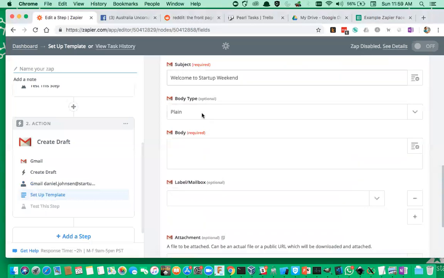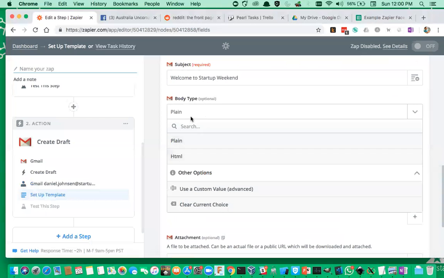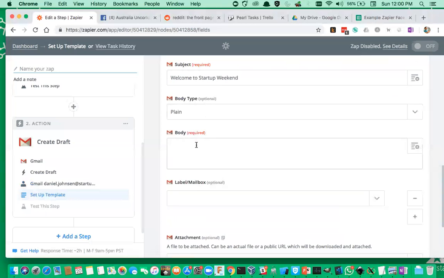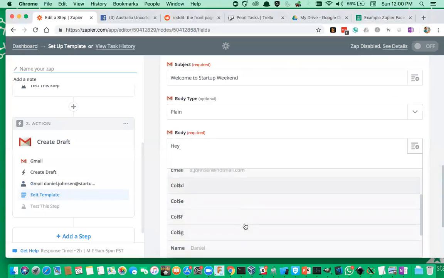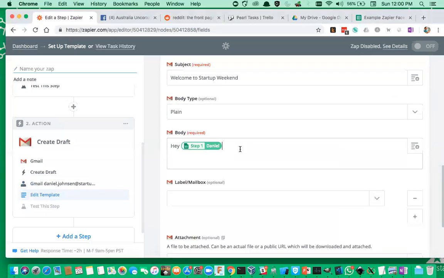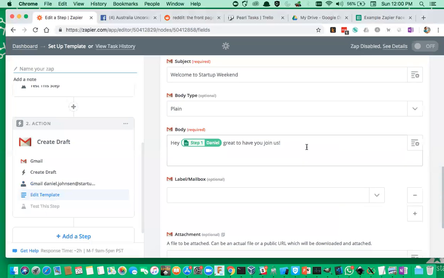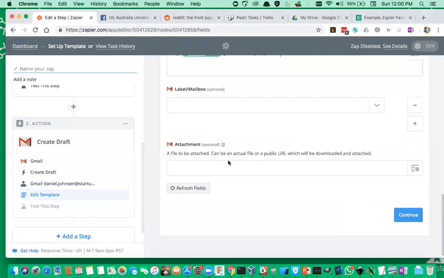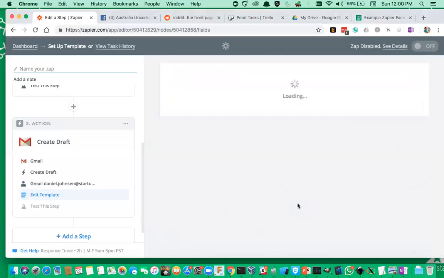Message, plain, it doesn't matter. You can also make it HTML, but we can say, hey, insert first name, which is going to be name. Great to have you join us. Blah, blah, blah, whatever. You can put in registration and additional information. You can attach things if you want. You click continue,